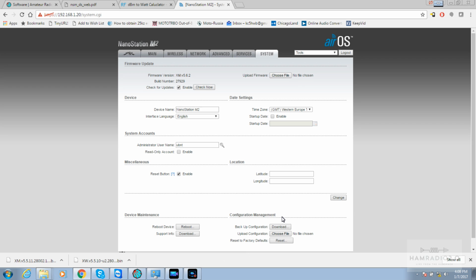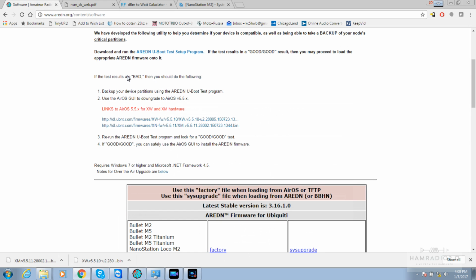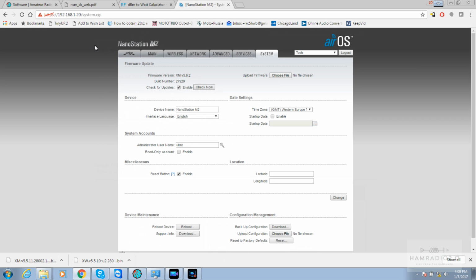Okay, so I got the two files downloaded here. There's two files on this site. If you read carefully, it says for the XW and XM hardware. I don't know what the difference is. Different, probably manufacture dates or something. I don't know. But if you go into your NanoStation, the GUI, to log into the actual device, my current